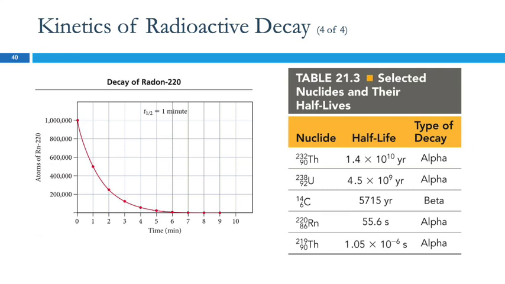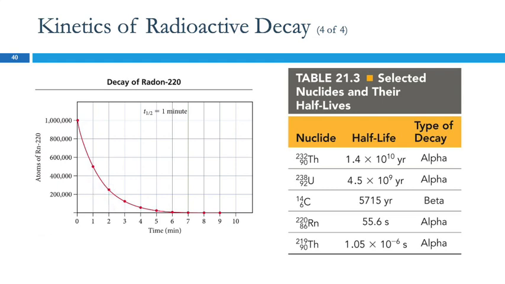Oh, but its half-life is going to be the same still? No, when it becomes a different nuclide, if it's radioactive, it's going to have a different half-life, because each nuclide has its own half-life. So how come the graph is still the same for every one? Okay, so why is this graph the same? Because here we're looking at the atoms of radon that have not decayed yet, that are left. We're not looking at what these turned into and what they're doing.